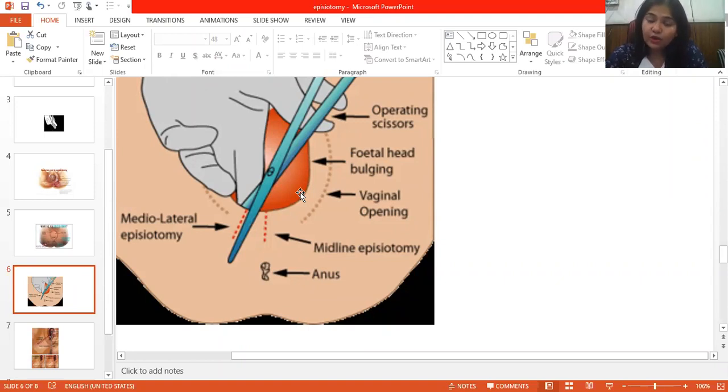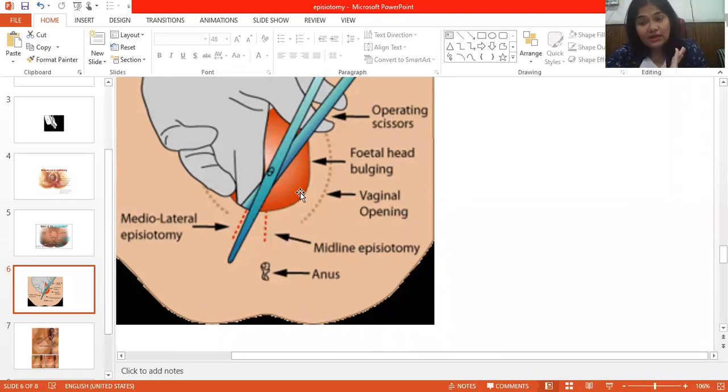So generally in modern obstetrics, there are two schools of thought. One school of thought says that routinely you give episiotomy to all patients so that she is not excessively bearing down in the second stage of labor, so that the pelvic floor muscles and the urogenital diaphragm are not injured, because she'll keep on bearing down and that is going to cause a lot of pressure and damage to the pelvic floor muscles, right? So some people say routinely you give it, and some people say there is no need. Naturally, the fetal head can come out very well. The only thing you have to give is perineal support with the pad.